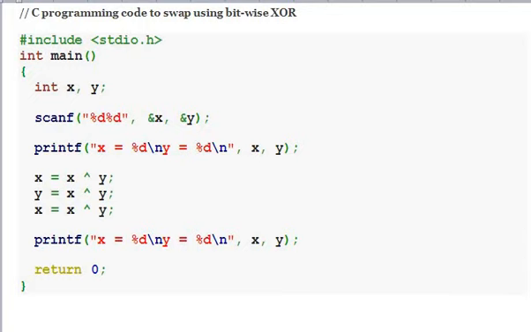Double slash is a C++ comment. If you want C comments, use slash star and star slash. So 5 methods are there in this video, swapping of any two numbers.